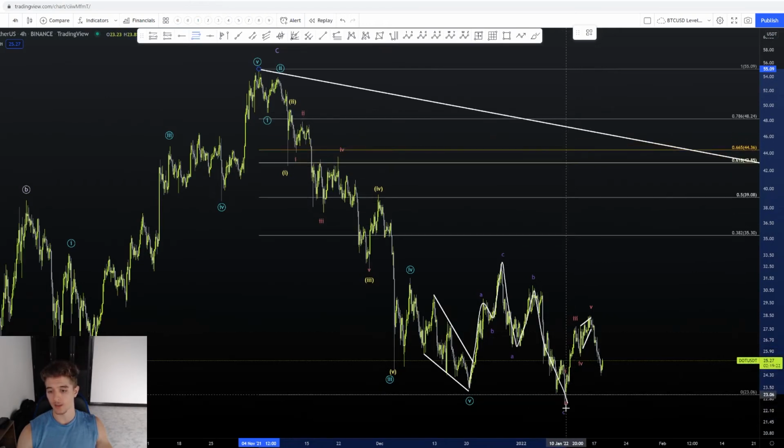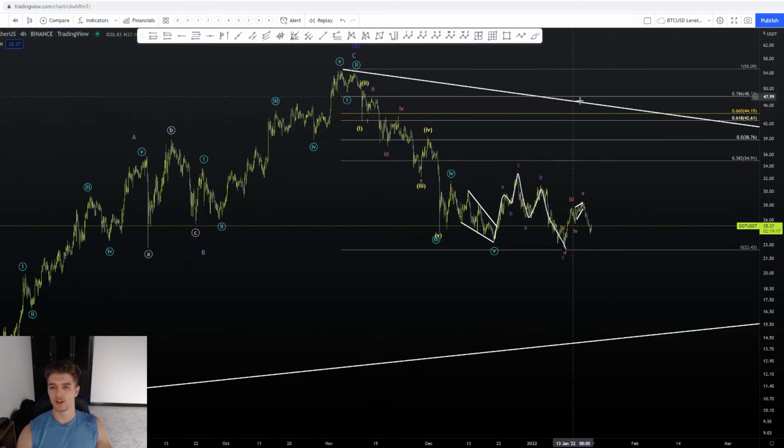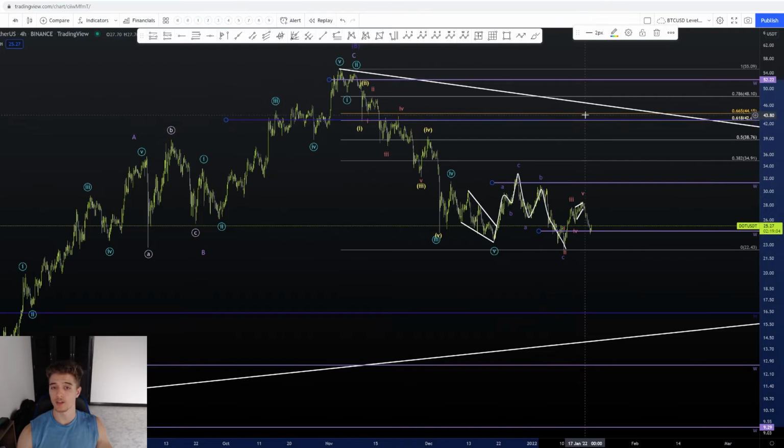Now, it doesn't always get up there, but that would be a good price target to look for, generally speaking, if you're not really paying attention to Elliott waves or anything else. Now, this golden pocket does line up with this monthly level right here. So this is going to be a very, very strong level if we happen to make our way up there